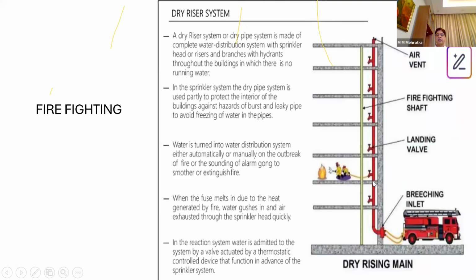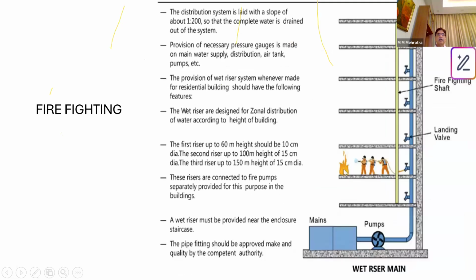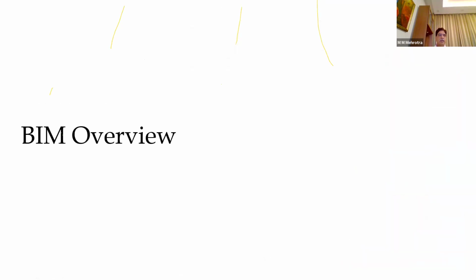Suppose there is a fire, you call the firefighting vehicle, it will connect from the outside yard into this. Then whichever floor the fire is on, that fireman will come and fight this fire. So here, to keep this line full, there's a small tank provided on the rooftop, which will keep this line full, so that the moment the firefighting vehicle has come and connected, water is instantly available at the desired location. Now, deluge I have already discussed.